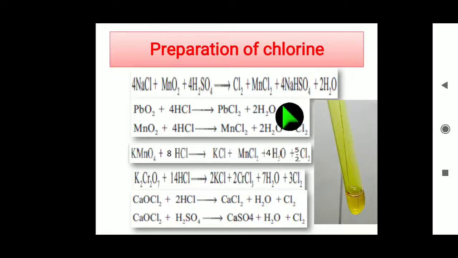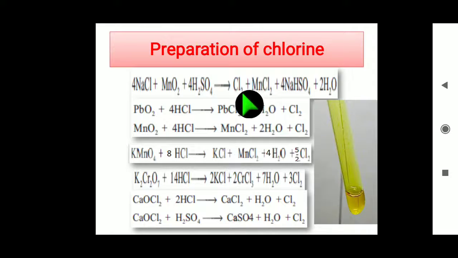Chlorine is prepared by the action of concentrated sulfuric acid on sodium chloride in the presence of manganese dioxide. So we can get the main product chlorine gas, and byproducts manganese chloride, sodium bisulfate and water. For balancing this equation,